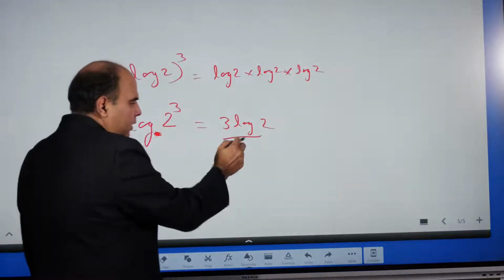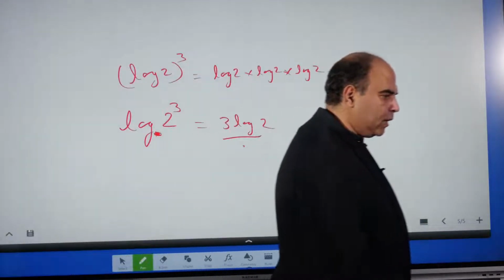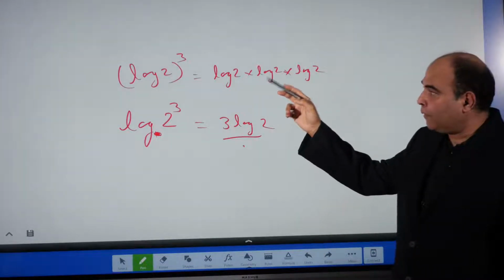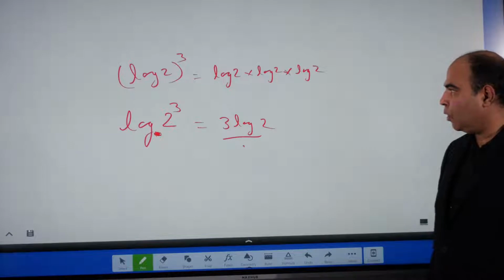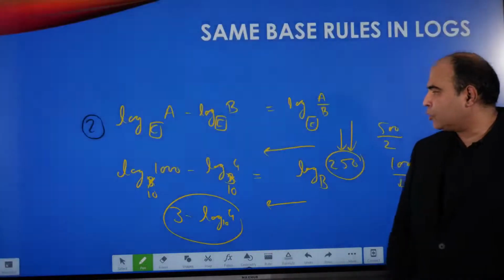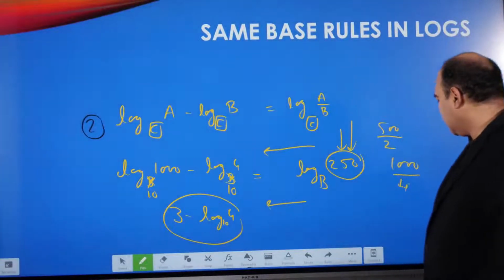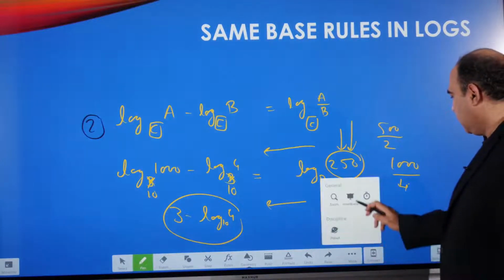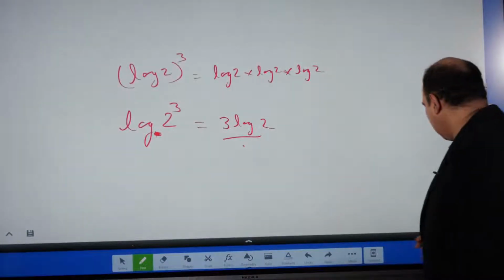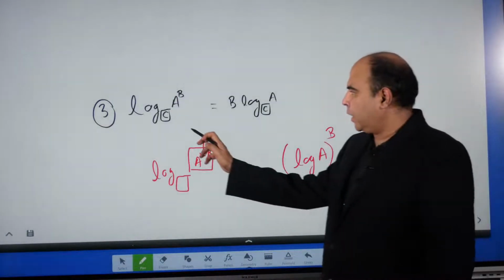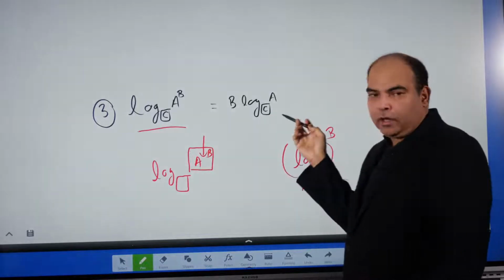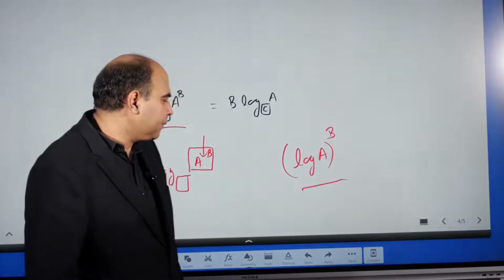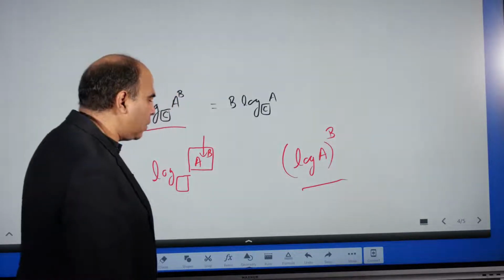So you cannot use this if you have that power after the brackets. That means the whole logarithm itself is raised to a power. So remember that. This is the third one, and the third one was essentially log this one. Just note this: log a raised to b can be written as b log a to the same base. So in this situation, you are not changing the base of the logarithm.